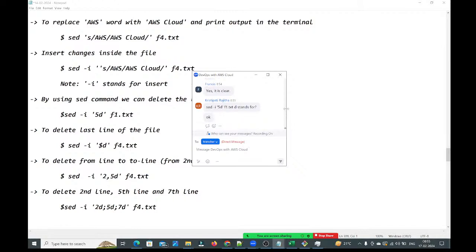In the next session we are going to understand file permissions: what the user has, what the group has, what others have. How to change the permissions, how to remove permissions, how to add new permissions, and how to give permissions using numeric numbers. File permissions are very, very important. After that we will understand how to create user accounts in the